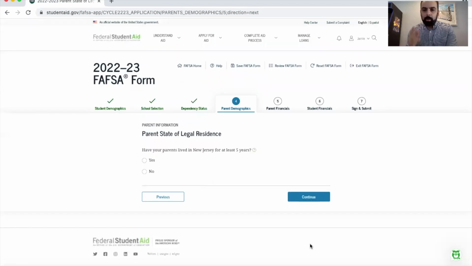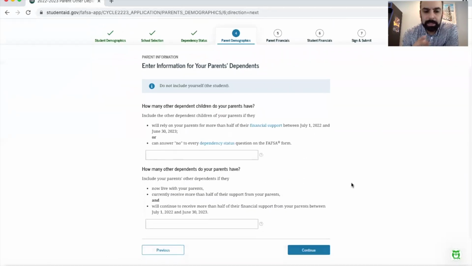Then we'll press continue. And what you're going to see now is it's going to ask for the legal status of the parent, and I'll click on the yes button here, that we've lived in the state for over five years, and we'll click on the continue button. And now it's going to ask, how many dependent children do you have? So if you have, let's say, two students, the four of you, mom and dad, we just plugged in their information,